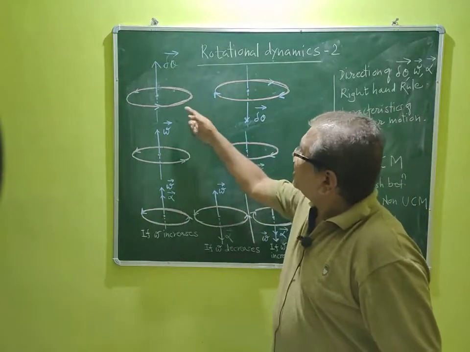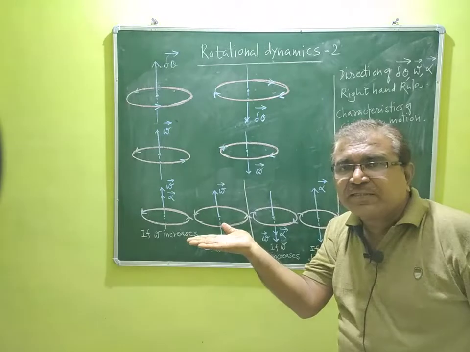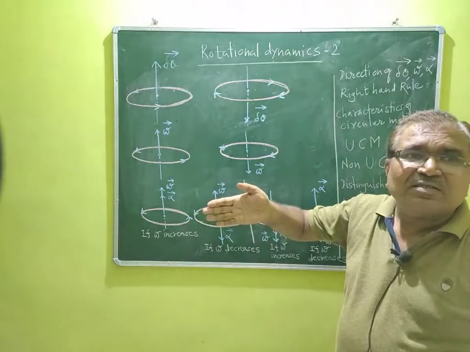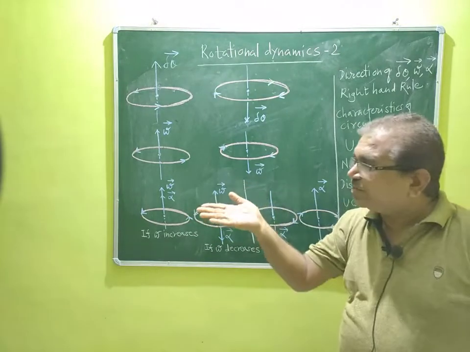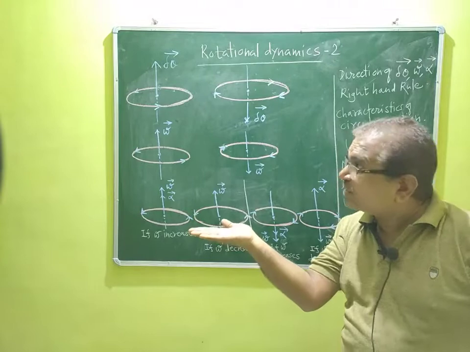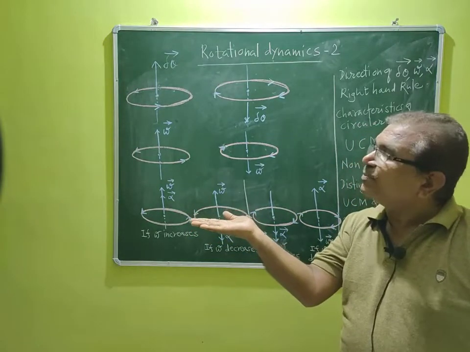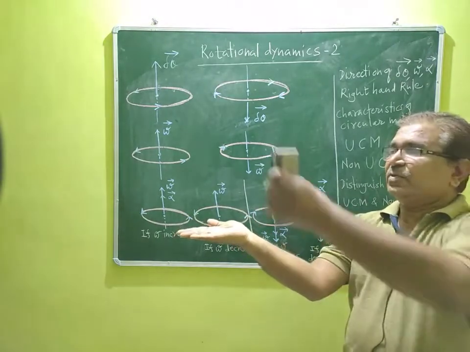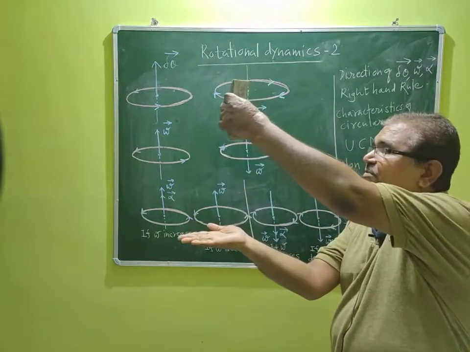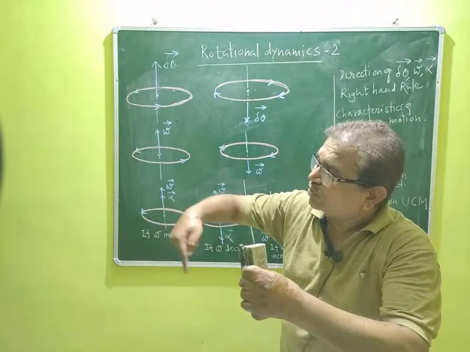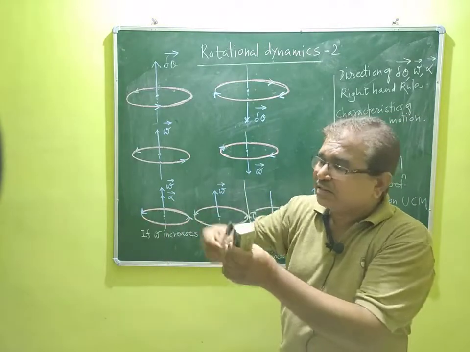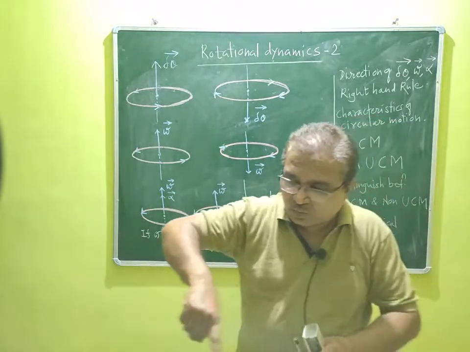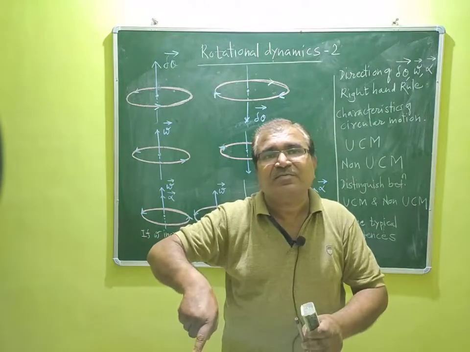These circles are in the horizontal plane like this. Imagine that the elliptical circles are like this; I have drawn the circle in elliptical form because it is in the horizontal plane. This is the direction of the angular displacement when the motion is anti-clockwise. This is the direction of angular displacement, in the downward direction, when the motion is clockwise.